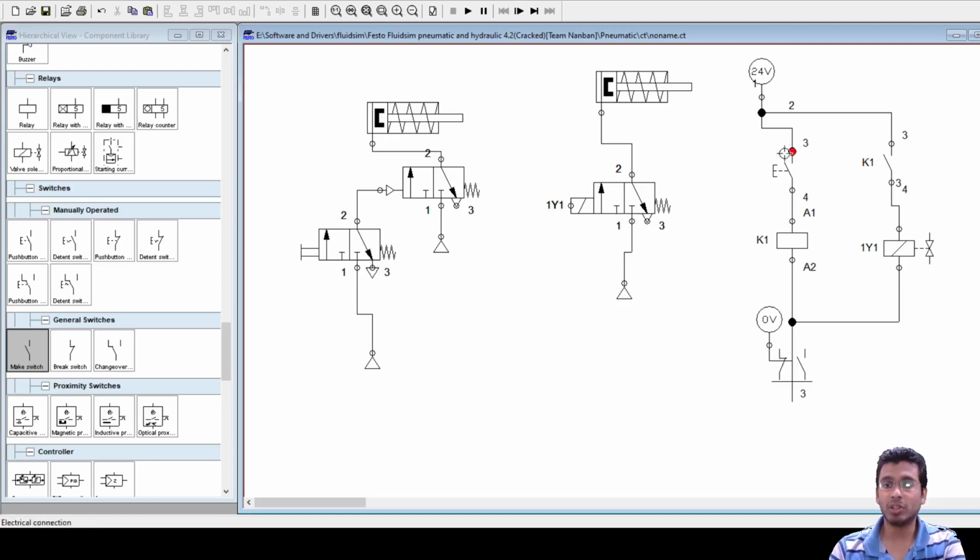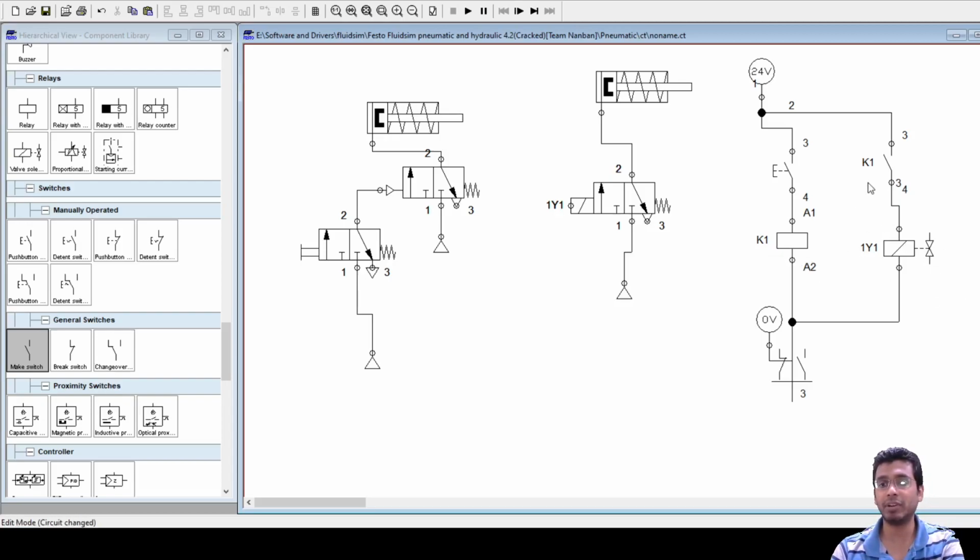That means when you press this push button, it triggers the relay, and that works on a 24 volt system. However, the actuation of this valve solenoid, which may be very large to actuate this spool, will require a larger force or a larger current, and hence you can give different amounts of current. Or in this case, it's a valve solenoid.